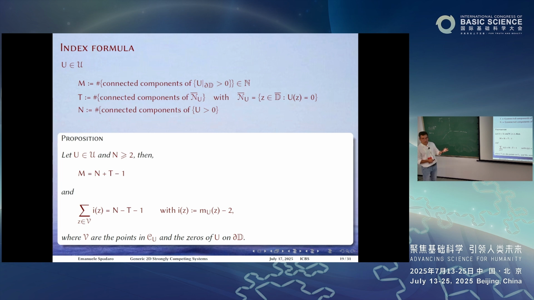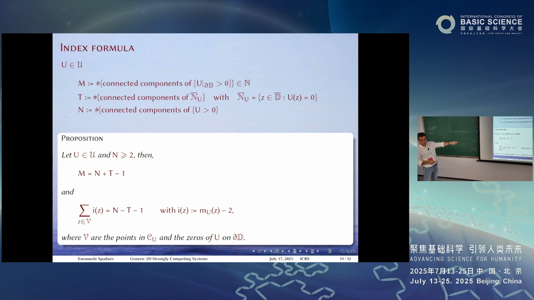Here comes the classification question: which kinds of nets can we find? We have an index formula for this net, which depends on the number of connected components of the boundary for our solution, which coincides with the number of species in the initial formulation. Here we can keep separating in some sense. The number of species, which is the number of connected components where U is bigger than 0, may be different from n. Now I'll show you some pictures. The number of connected components of the nodal region are related by this simple formula here. So that's an index,